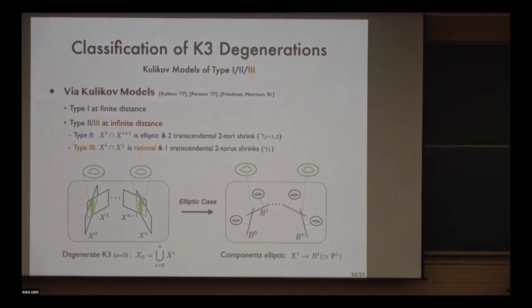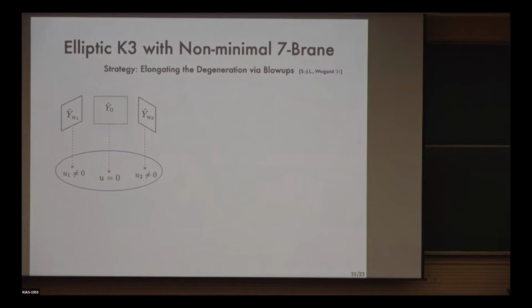So let's say we are given some concrete F-theory vacuum in 8 dimensions. Now, in practice, how can we actually turn it into a Kulikov form? There is a mathematical theorem that every F-theory vacuum should have some Kulikov description, but how can we actually make it to be able to say any physics about this degeneration? So we have our geometric strategy developed here to elongate the degeneration via blow-ups at the non-minimal loci until the degeneration gets completely free of non-minimal fibers. So that's the strategy in words. So let me now describe this in pictures as well.